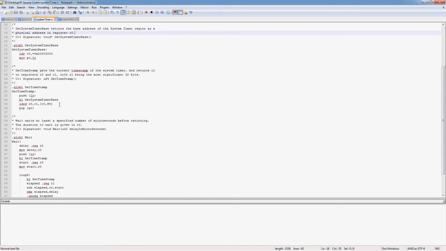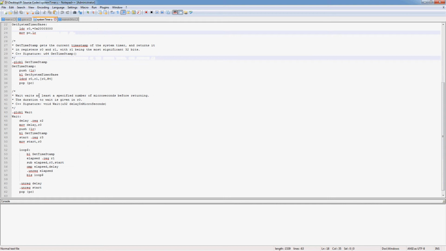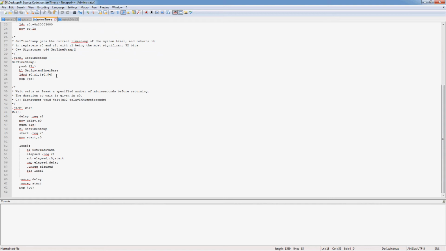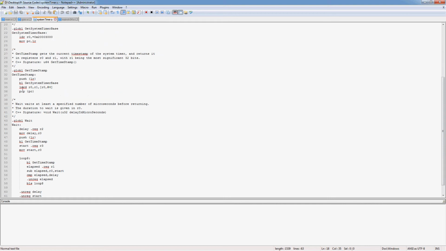So get timestamp works like this: first of all we push our return register, then we branch to get system timer base. So now we have our base timer in R0. Then, this is a new command that we learn in this lesson, and it allows us to load